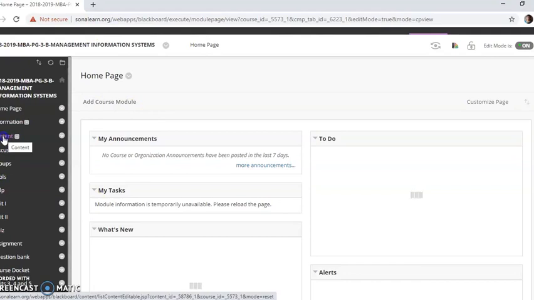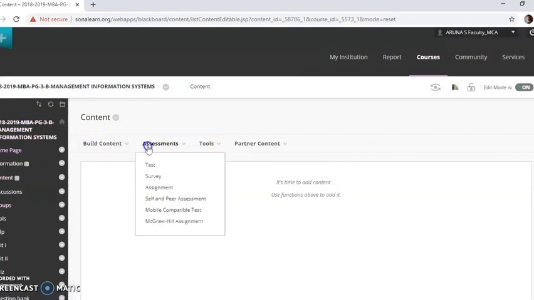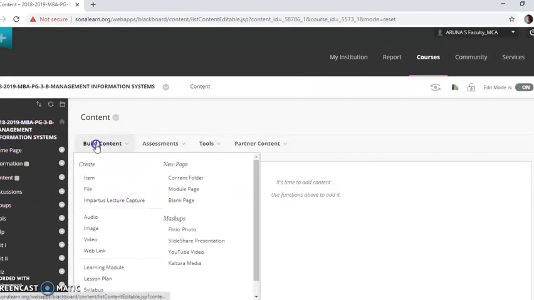So I am choosing content. Under this content area, you can see so many options. Under this build content option, we can add any type of file. It can be a text file, a PDF, an audio, a video, a web link, whatever it might be. So now I am going to add a PPT.